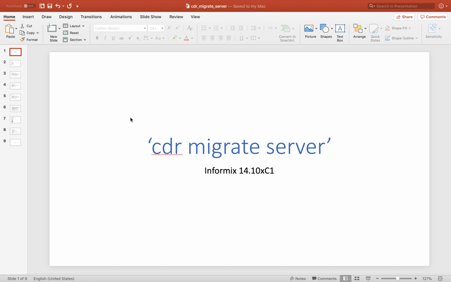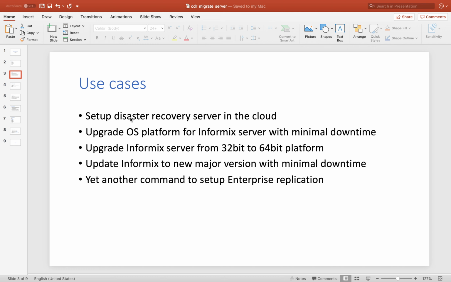Let's look at the use cases. Some of the use cases of the CDR migrate server command are that, let's say you want to set up a disaster recovery server in the cloud, and you want to replicate the data from your on-prem server to the cloud server, and you want to set up the replication. Of course, you can use the existing Enterprise Replication commands, but we would like to make that job as easy